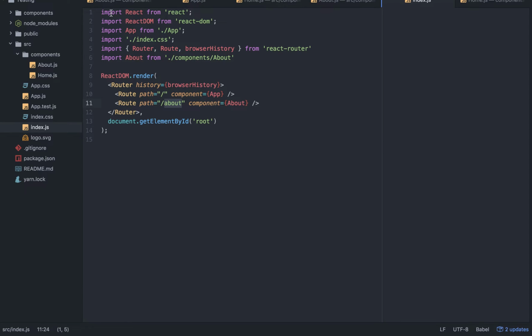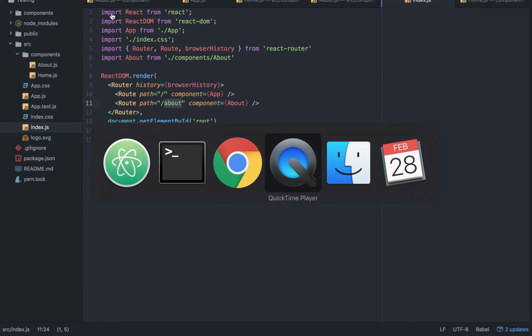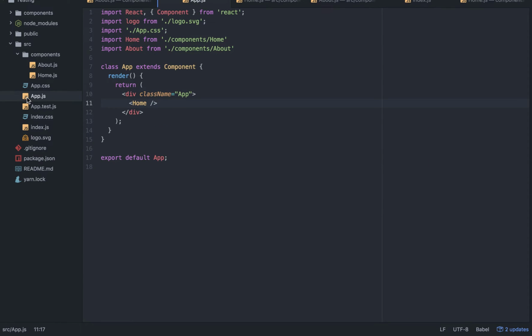Obviously, in a website, we might have some common styles, such as a nav bar or a sidebar. So in our about component, let's say we have an H1 here, not a great nav bar, but just for demo purposes, that this is a nav bar. So we want that to appear in the home page and the about page. So what we can do here is use children in React. So we can say